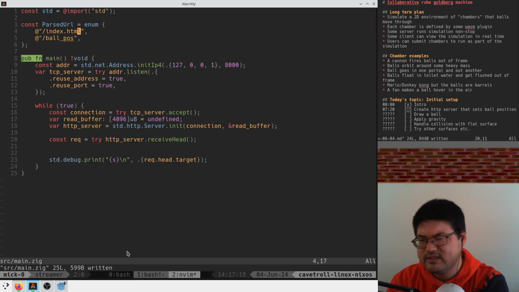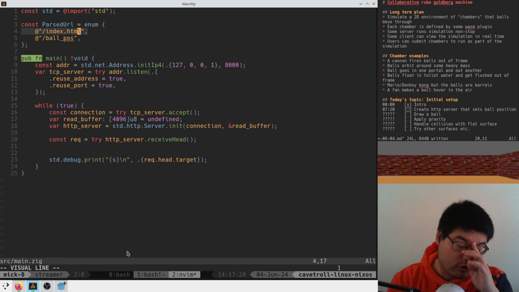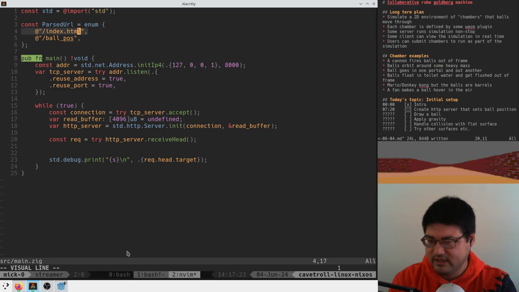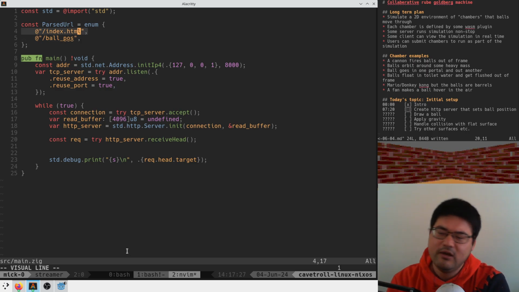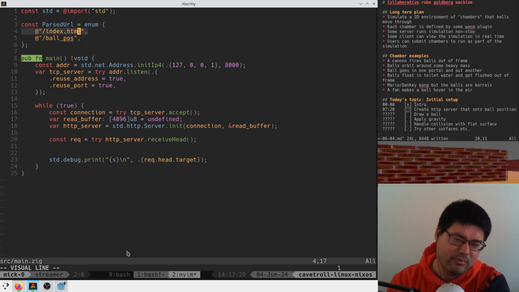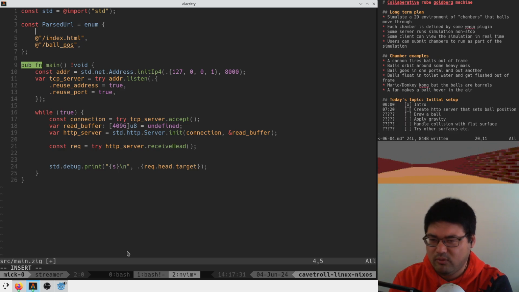Is that how we want to do this? I guess as this goes on, we're not going to want to enumerate every single file that we might serve. So maybe serving our endpoints like this makes sense, but everything else makes a little bit less sense. So maybe we will